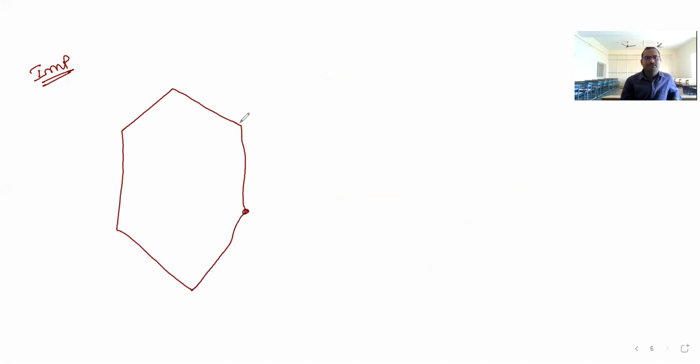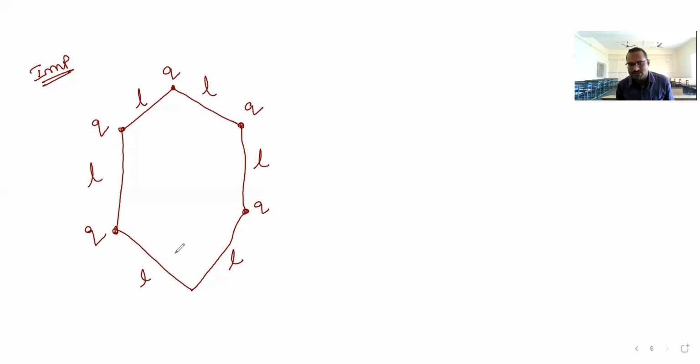Okay. I'll draw one more time. Here charge, here charge, here charge, and here charge. Here q charge is there. Here also q charge is there. Here also q charge. Here also q charge. Here also q charge is there. Each side distance, let us suppose L. And sixth corner, there is no charge. Now at this center,